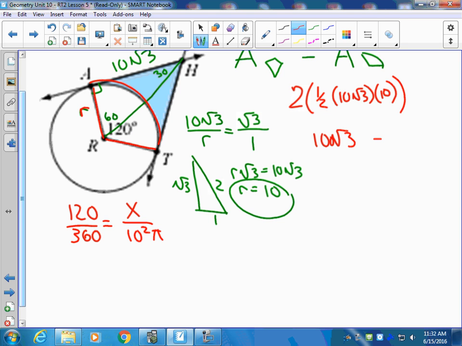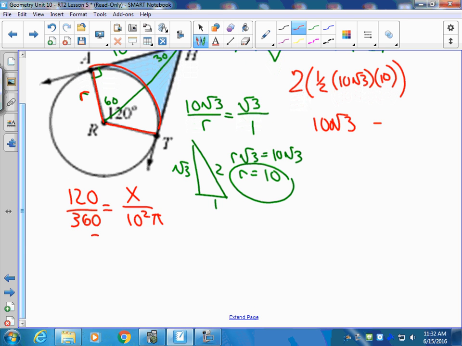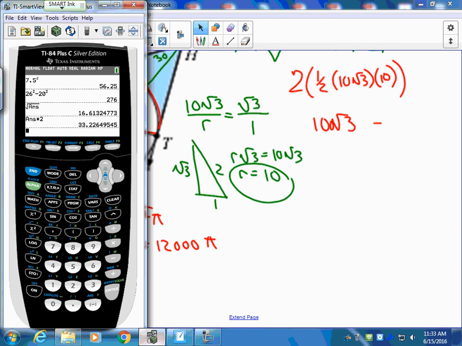And then once again, it is just a cross multiply and solve situation. 360x equals 100 times 120. Okay, so 12,000 pi. And then we're just going to divide that out. 12,000 divided by 360